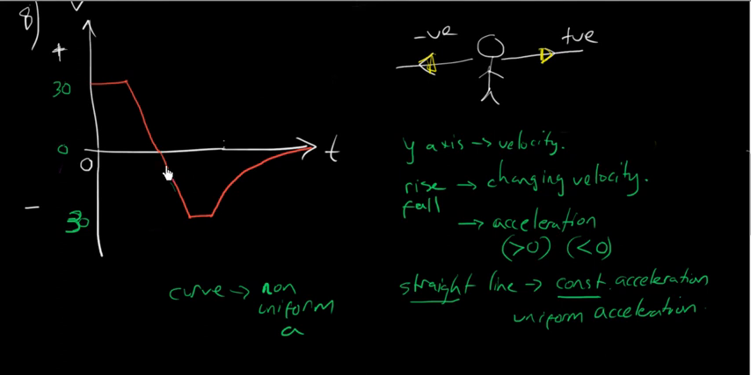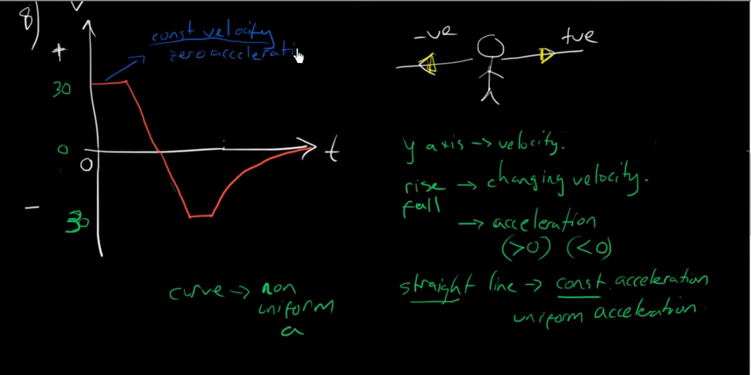Now let's analyze this graph in the light of what we've just been talking about. Here there's a flat horizontal line. What does a flat horizontal line mean? Well, if the velocity is 30 to begin with and it stays at 30, it means the velocity is not changing. So this is constant velocity. A constant velocity means there is no change in velocity, so therefore zero